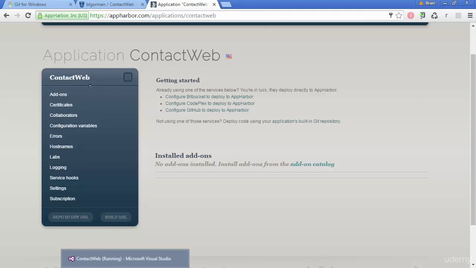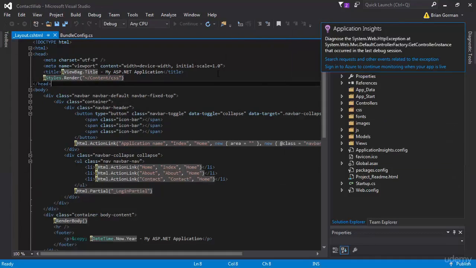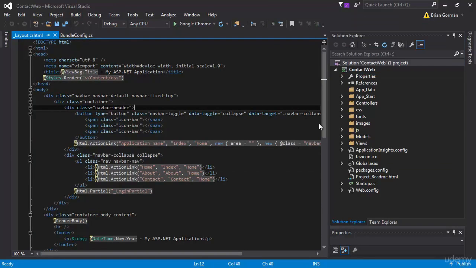So we need to be inside of Contact Web. We need to have our Git account ready to go. And all we're going to do is make some simple changes that won't affect anything. So you could find any file that makes sense to you. But I'm just going to go to my